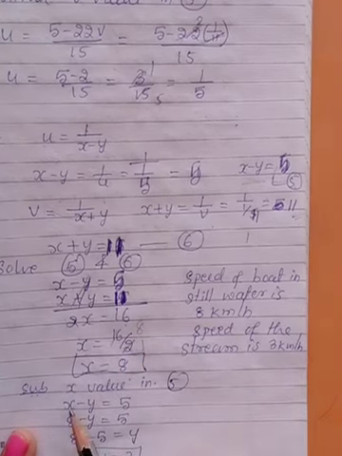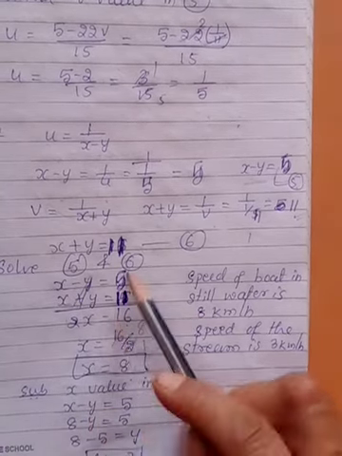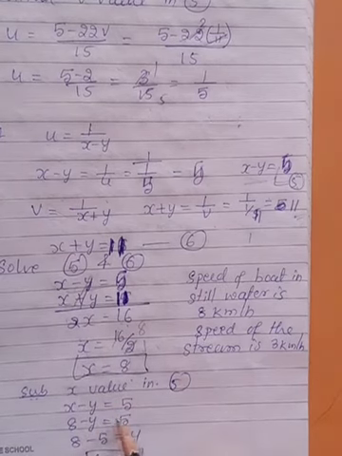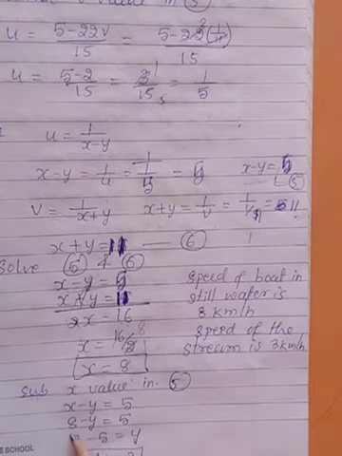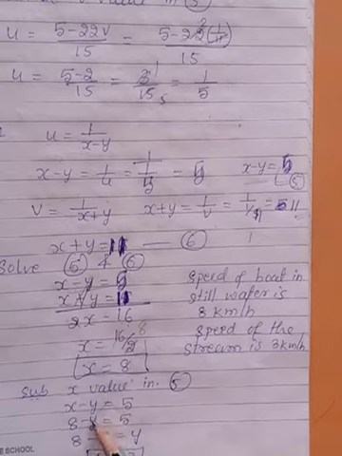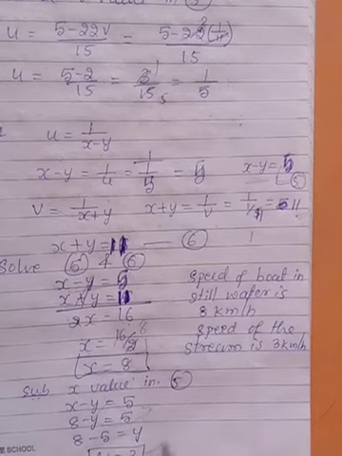Okay. Now x we got, we need a y value. In any one of the equations you substitute. First one only I took, x minus y is equal to 5. x is 8, minus y is equal to 5 as it is. Send 5 to this side, y to this side. 8 minus 5 is equal to y, whereas y is 3.